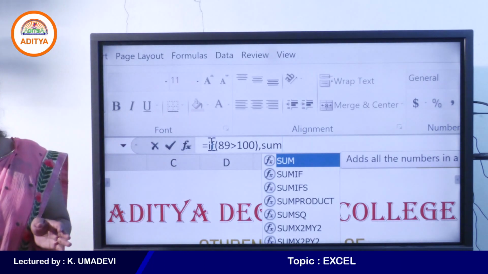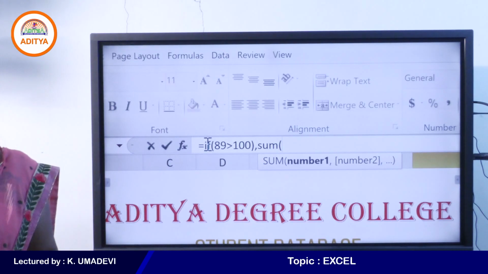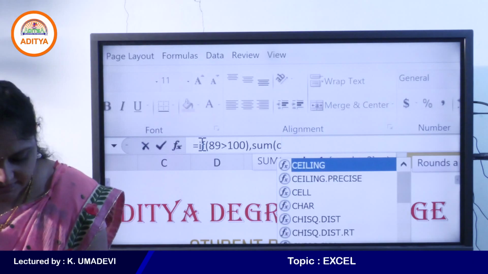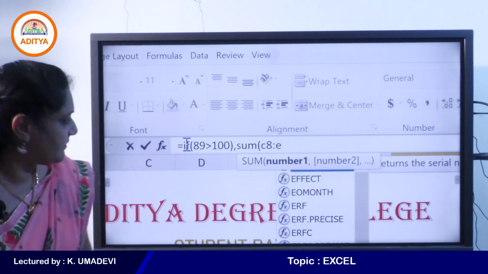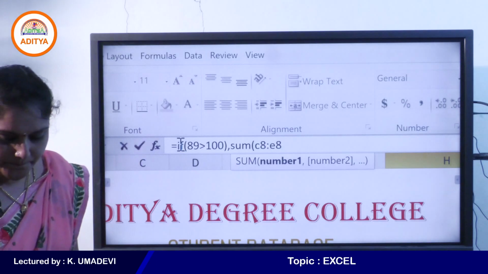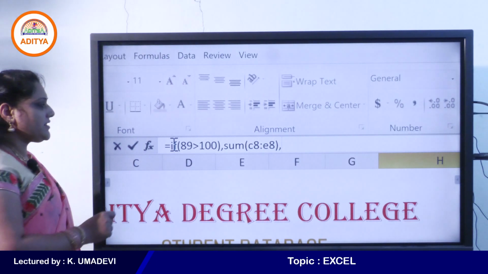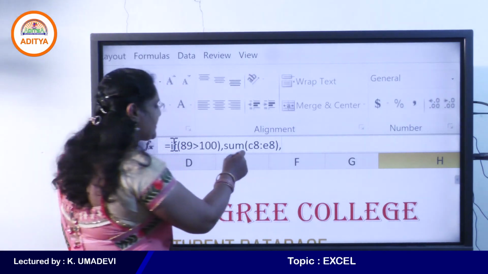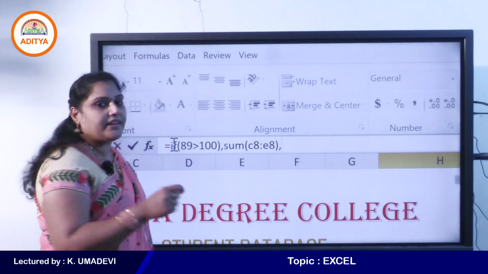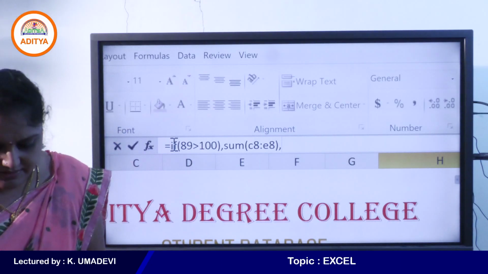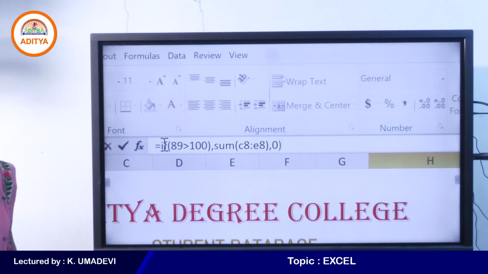So instead of true, here I will just enter the SUM function, sum of C8 to E8. If the condition is true, it returns the result as another formula, that is it calculates all the cell values contained in C8, D8 and E8. Otherwise, I will just return 0.